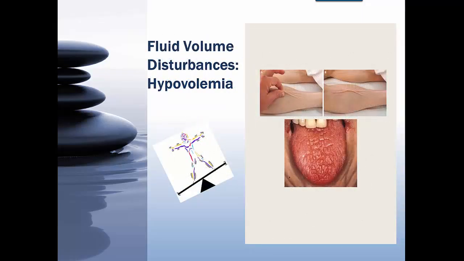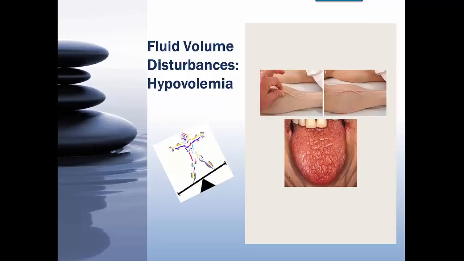So what are our clinical findings going to be? There is a very important separation in the book, and for you to understand, of mild, moderate, and severe degrees of fluid loss. Each of these has a major impact on the overall health of your patient. Clinical manifestations generally include weight loss, decrease in skin turgor, as you can see in the pictures, oliguria, which again is decreased urine output of less than 400 milliliters per day, a concentrated urine with high specific gravity, postural hypotension,